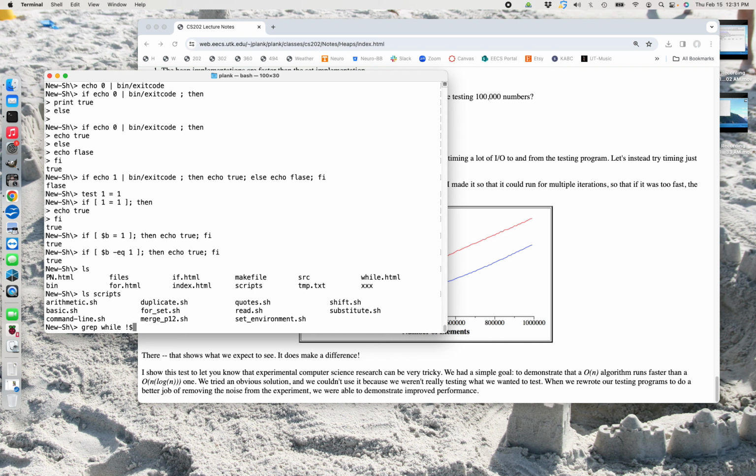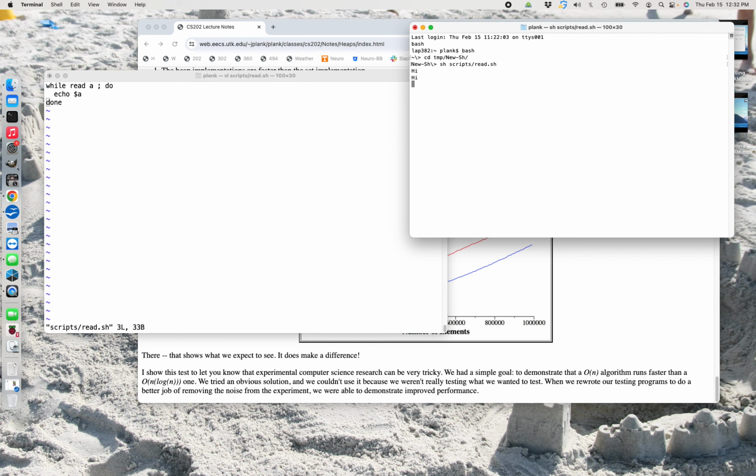Returns 0 normally. So this is how you can read lines if you ever want to do it. I don't do it much, but when I need the functionality, when you see me putting stuff up on the screen incrementally, I'm doing read just so I can get when I'm hitting return. So scripts, read, right? So I'm just reading it, Fred. Okay. And then when I Control-D, it exits the while. But you can also do tests with this.